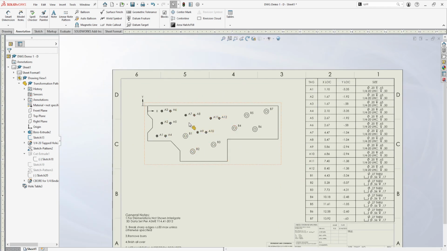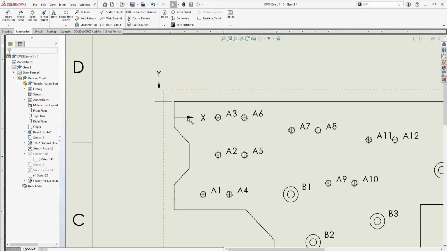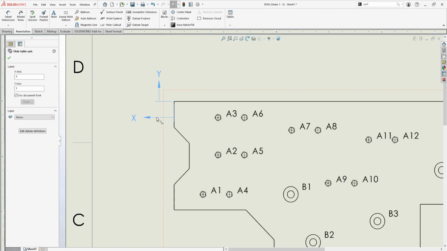This works very well for machinists when they're trying to do several holes, because they can easily put in the tools to do all of the A holes and then just crank their table to the corresponding coordinate system on their DRO. And you can also change whether it's positive or negative by flipping which side these Y's and X's